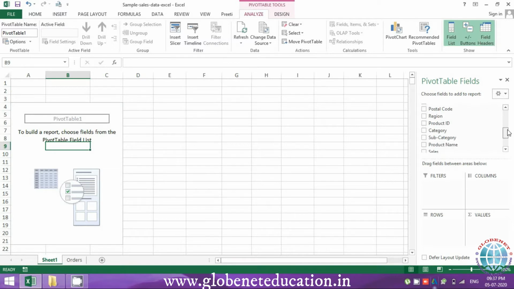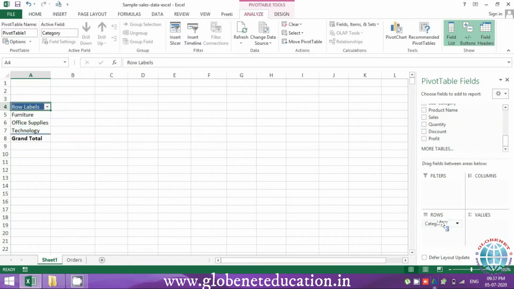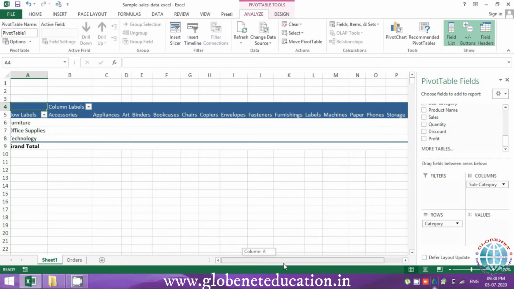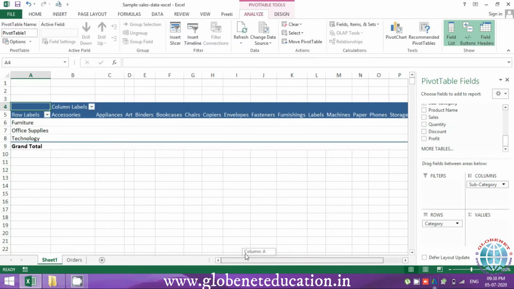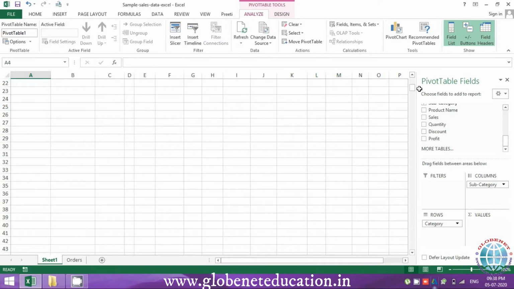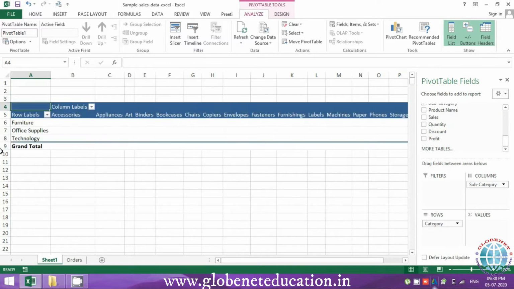Now let's create a new view. I want to see all the categories that I have. The major categories I have are furniture, office supplies, technology, and I want to see what are the products that are being sold under each of these categories. And as I know the subcategories are huge, I will not make the mistake of putting them in columns, because if you see, that becomes an extremely huge data and I have to scroll sideways, which is a bit difficult. It's always better to scroll downwards than to scroll sideways, right? So it's advisable, if there are many values in a particular column, it's better you keep it in your rows.